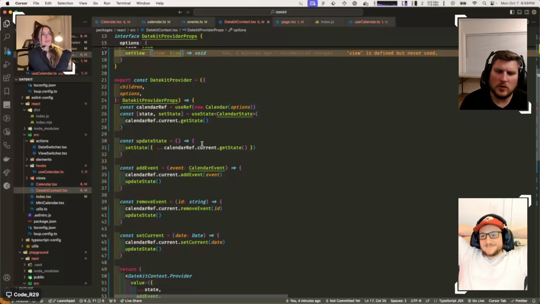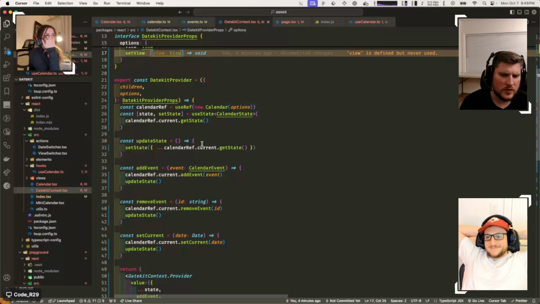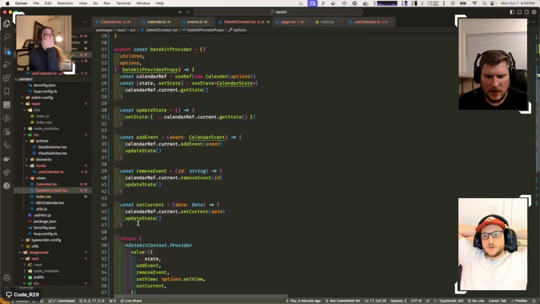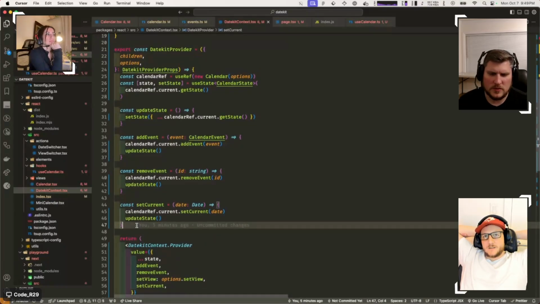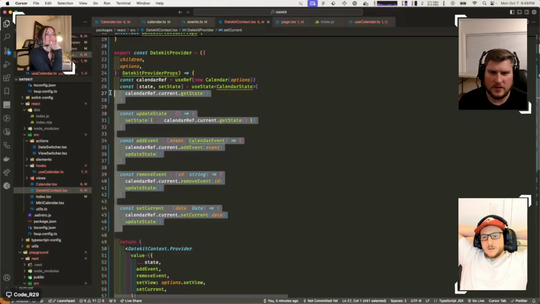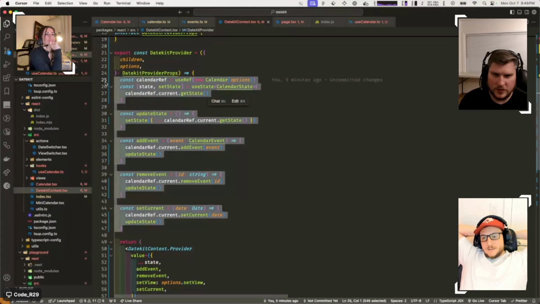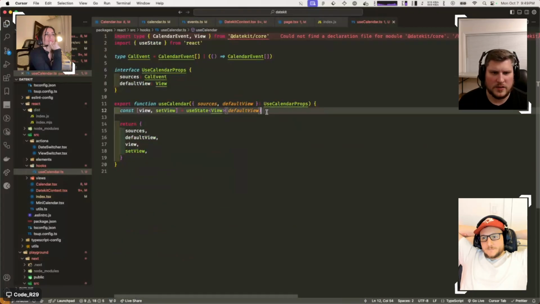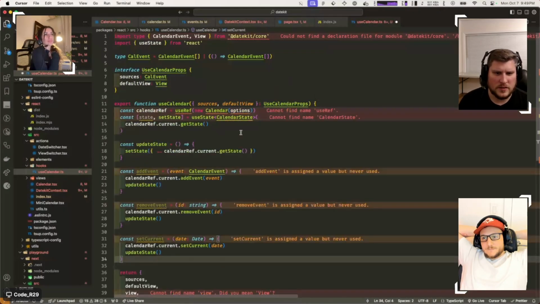We need to move all of it, but I don't want to move all of it. Yeah. Okay. Because the core should always contain the state of your calendar at all times. Yes, exactly. So basically, if we cut this and go into use calendar and paste this, and then